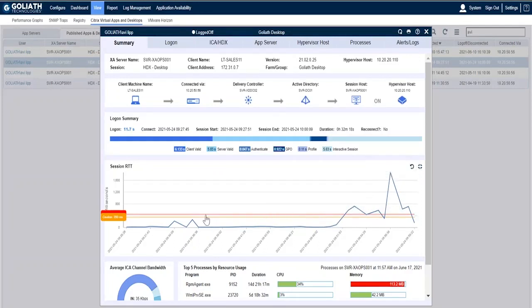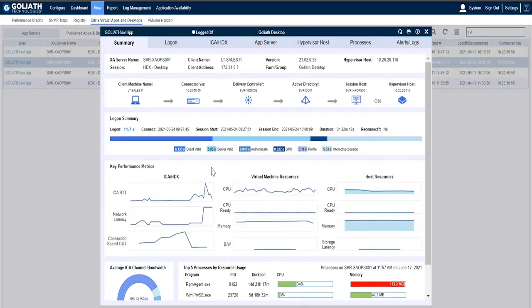And because we have these data interpretation lines, the orange and then the red one set at 350, 450 milliseconds, anyone can quickly see that round trip time was fine for the first 3/4 of the session, but at the end, it was above those critical thresholds. And at those thresholds, say 450 milliseconds, that's when latency is apparent to the end user. So we can see here as an example, at 9:56, this user had 1800 milliseconds of latency. That's nearly a 2-second delay from when the user did something for it to be processed and displayed back at the endpoint. So it's very easy to see, okay, at the end of this user session, they were experiencing poor performance. So now we want to understand what was the cause,